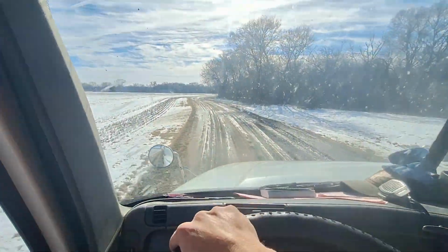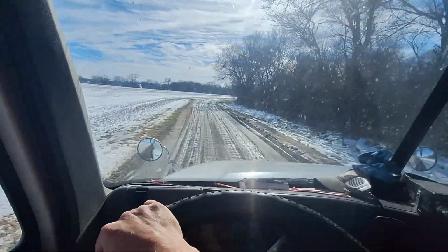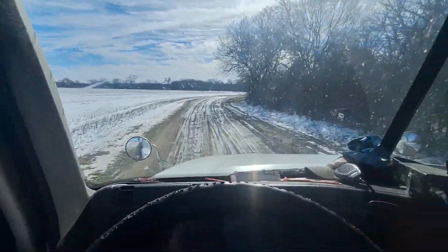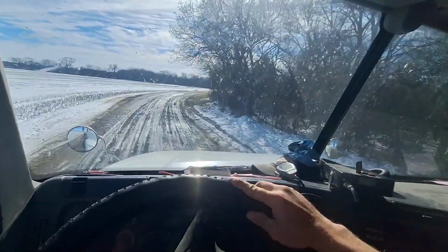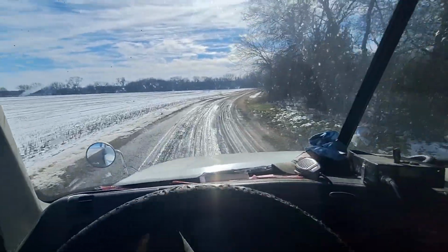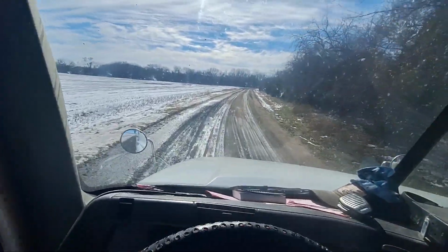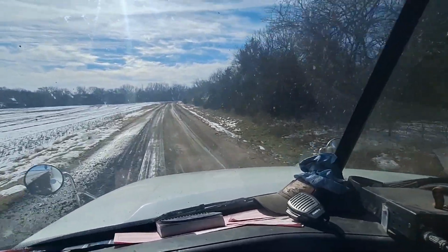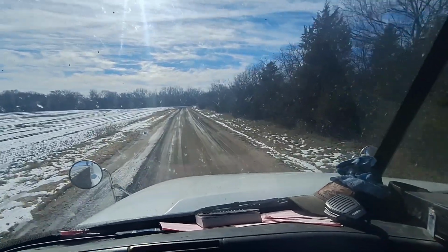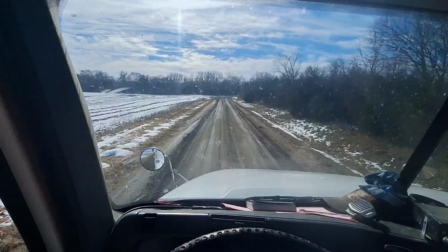Okay, we got turned around there. About got stuck turning around, but we made it. The next mile behind us, which would be north and then back west, that mile didn't look very good either. It looked about like this. Gosh. We'll get up here and see what it looks like where we dumped it, or spread it, I guess. We didn't dump it, but